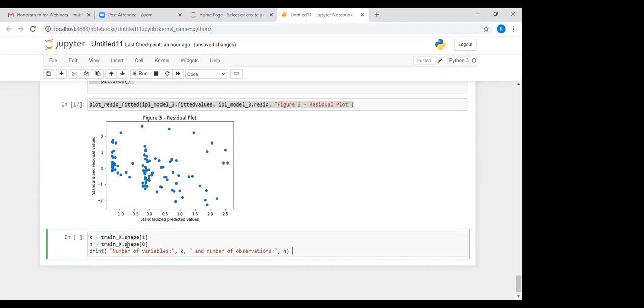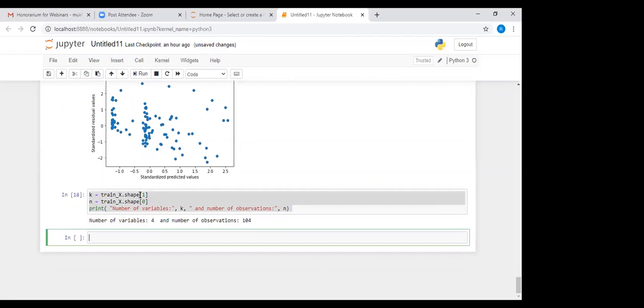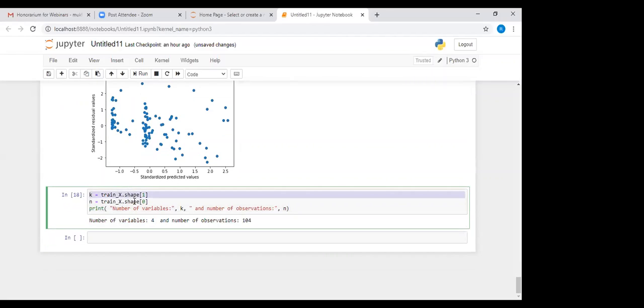k is train X shape, n is train X shape. We print it; I have already explained the shape in my first or second class. So the number of variables is 4 and the number of observations is 104.